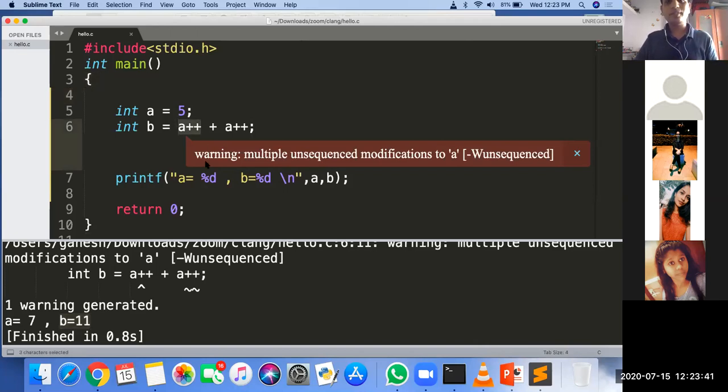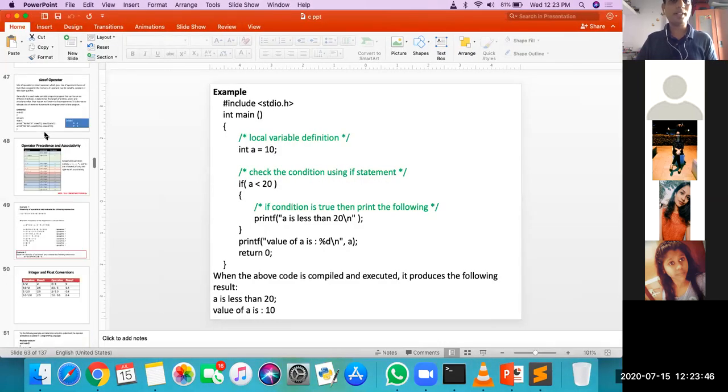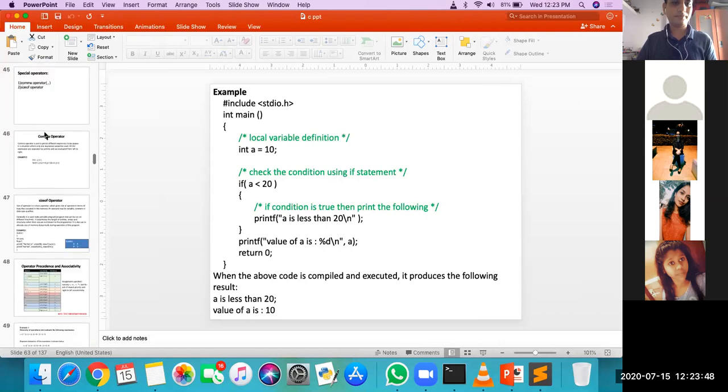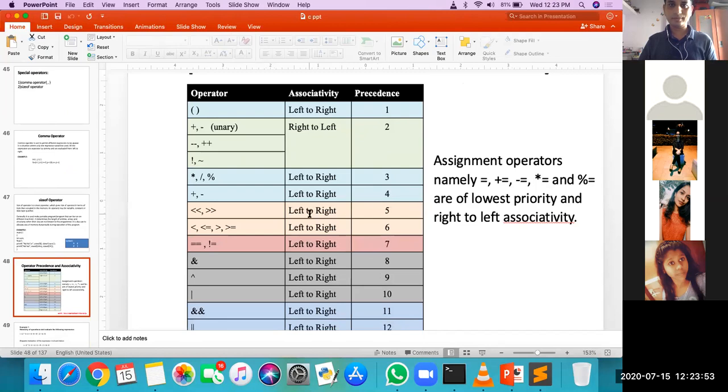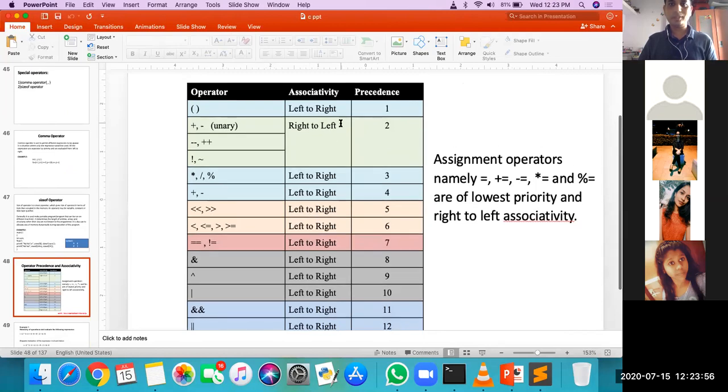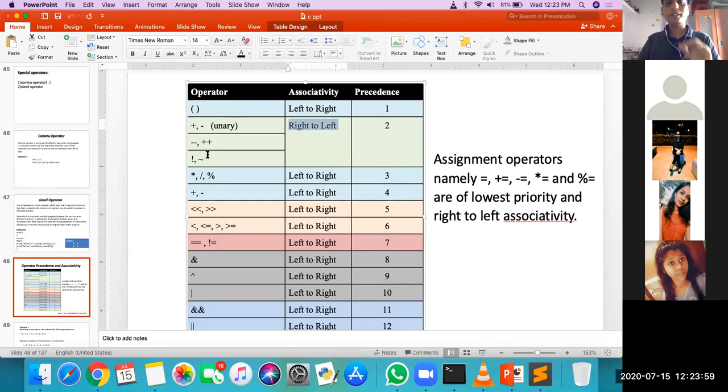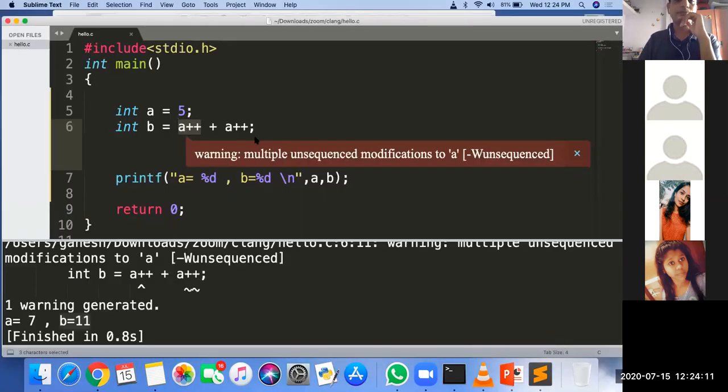So you have not actually seen my PPT then. Precedence table. Are you able to see here? What is the associativity if the plus plus operator comes 2 times? Right to left. Okay, we'll move towards this one. Right to left means actually the rightmost operator has the highest priority.